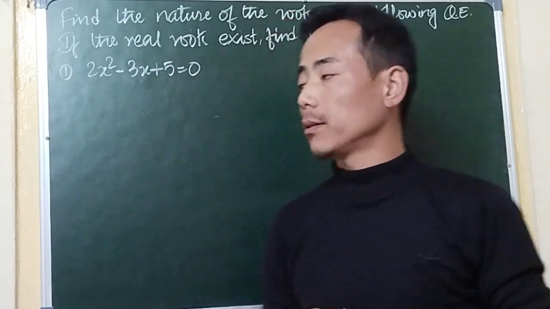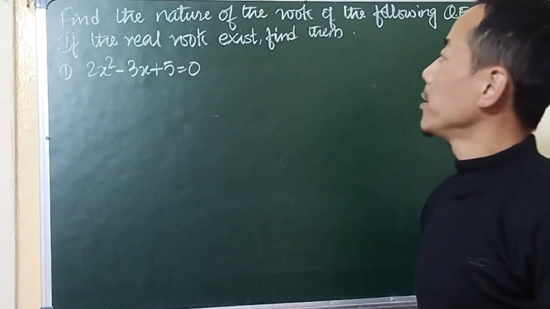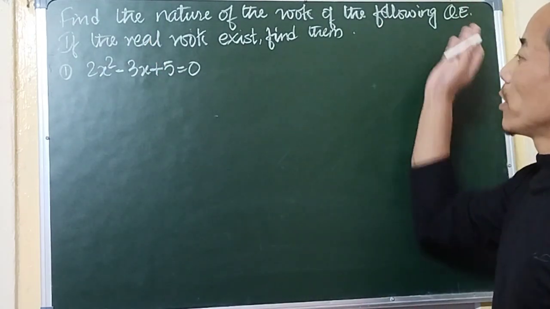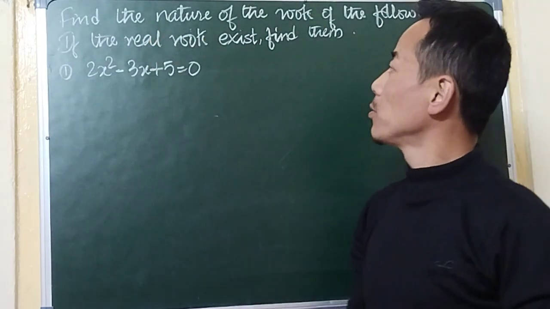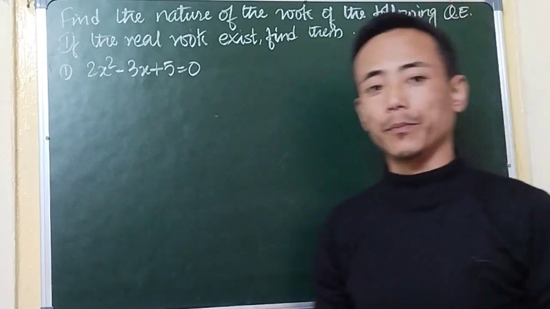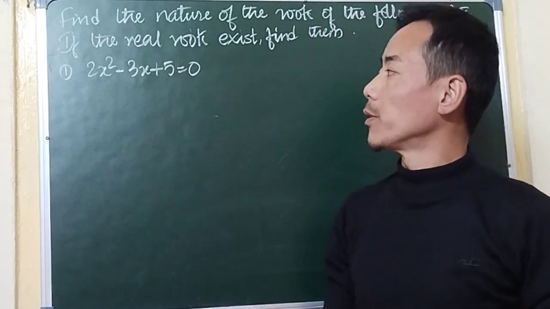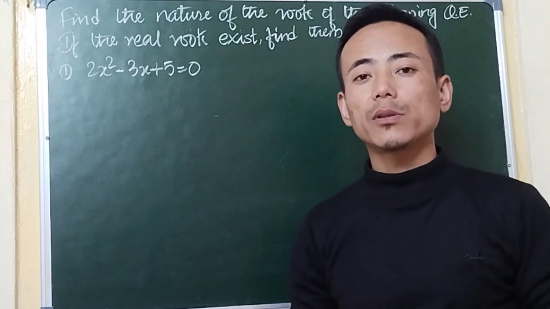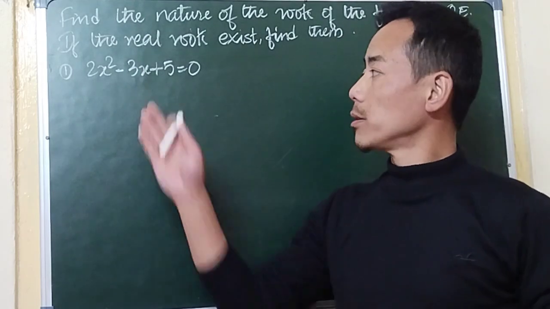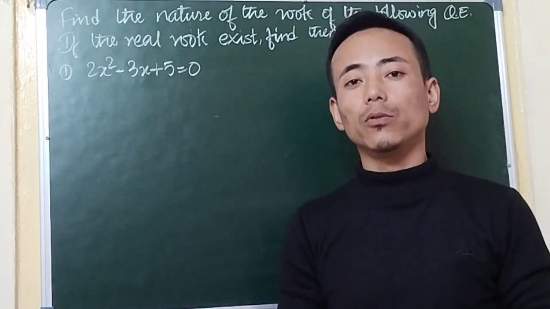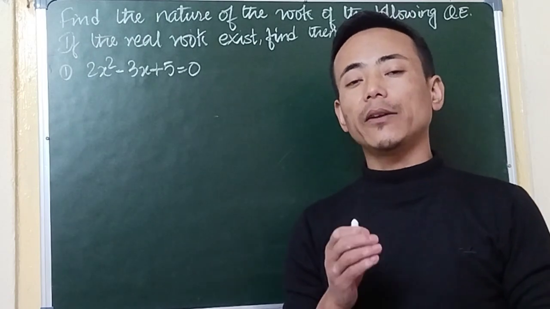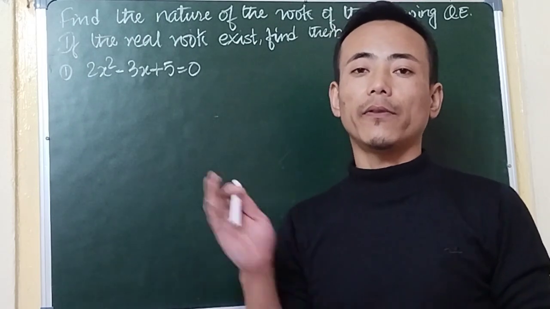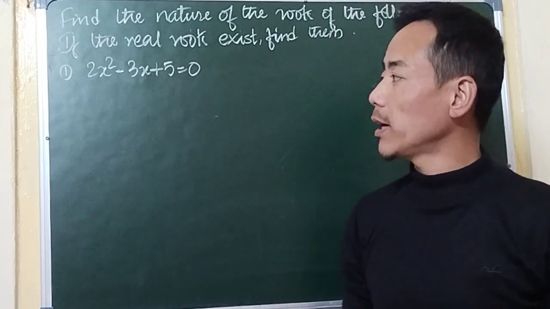Okay, so let's take this question first. Find the nature of the roots of the following quadratic equations. If the real roots exist, find them. So we are given this quadratic equation, 2x square minus 3x plus 5 equals 0. So we have to see whether this quadratic equation will have some roots or not. So we will verify that, and if the roots exist, then we will find the roots. So for that, what we have to do is,